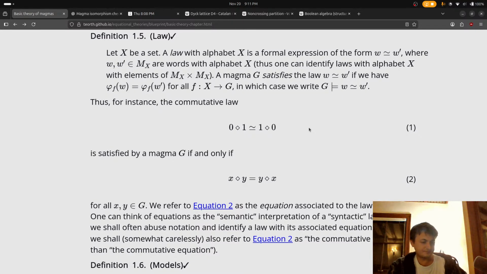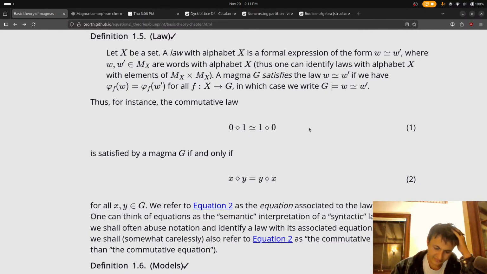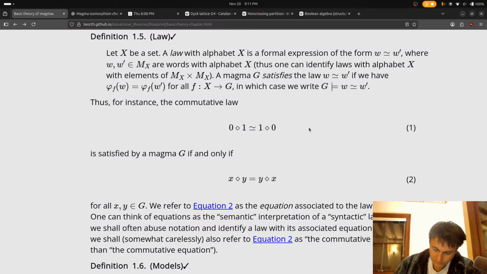So if I take a simple example, let's say G is the set x, y, and then star, where star is defined like this: x star x is x, y star y is y, x star y is x, and y star x is x.